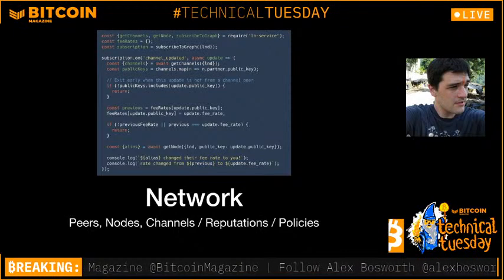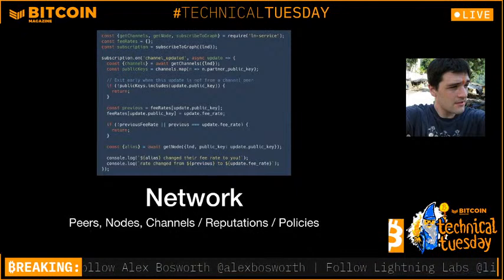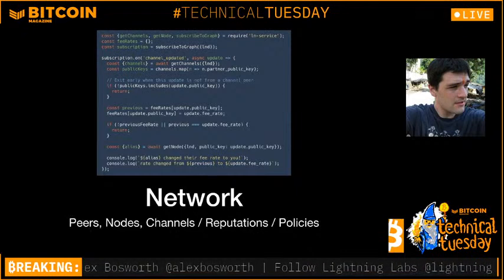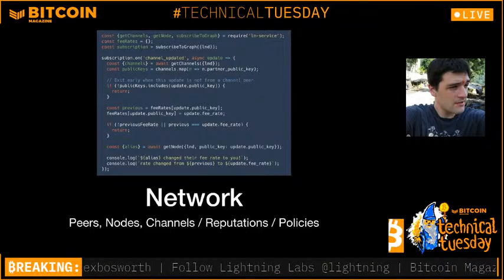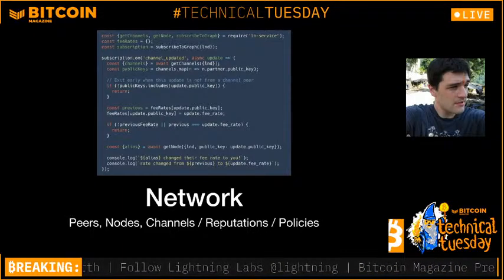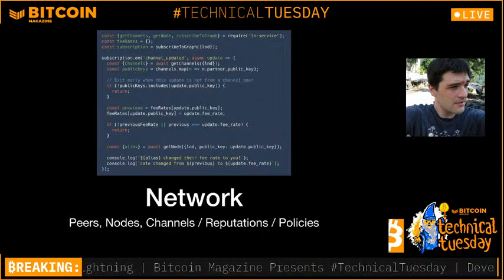Routing has two kinds. One is a static fee, regardless of the amount that you're sending, and the other one is a percentage fee, which I call fee rate, which is like parts per million. How much money does it cost to route through their channel? To follow in this example, I'm looking to see if the update from the graph is one of my peers. And if it's not, then I'm not going to do anything. But maybe it is,